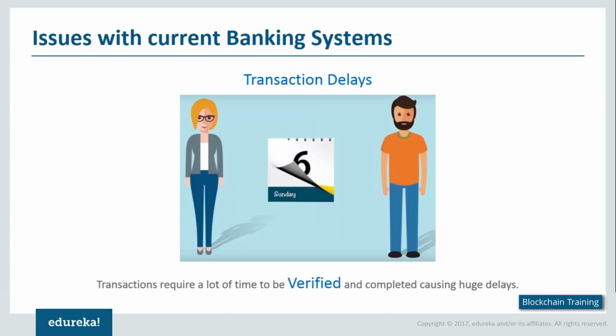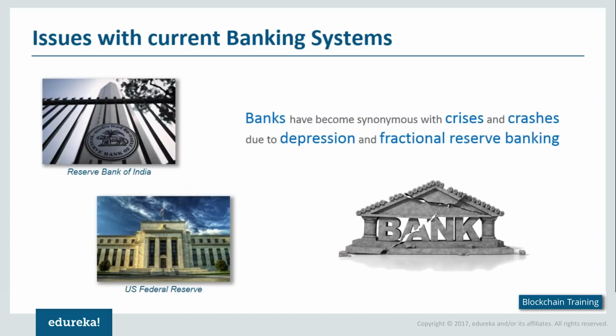Apart from this, one of the main concerns when you're trusting a third party or a bank as such is the financial crisis. Now most of us might remember the 2008 financial crisis that had happened because most financial organizations had lent out their money as subprime mortgages to people who couldn't afford to pay them. This in turn led to a huge financial crisis where the value of real estate had dropped, and that led to almost an $11 trillion crisis. Apart from that, close to 10 million people went jobless because of the same.